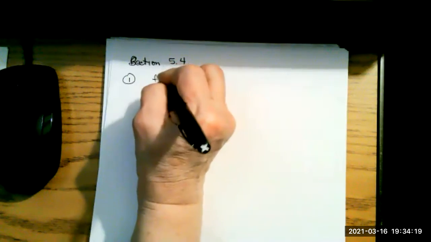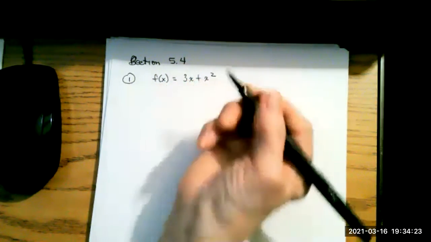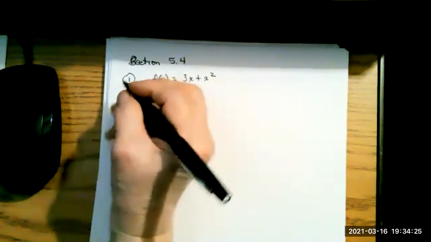Now then, we are on this section, and I'm only going to do a couple of these because these are so redundant. If you can just do 1 or 2, you got them. This is section 5.4, and this is number 1, and here's your function. F of x equals 3x plus x squared. And they want you to find